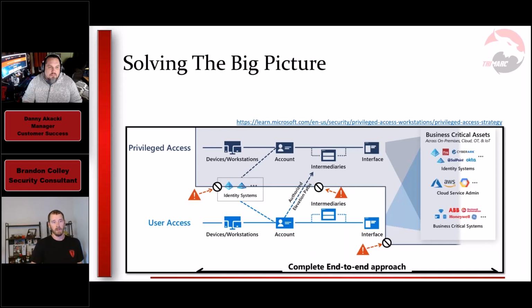And those are basically your options for privilege escalation. What this is really trying to point out is that an account in a user access tier should not access a privileged application. An account should not be logging into a privileged workstation, for example, or they shouldn't share the same identity systems, right?